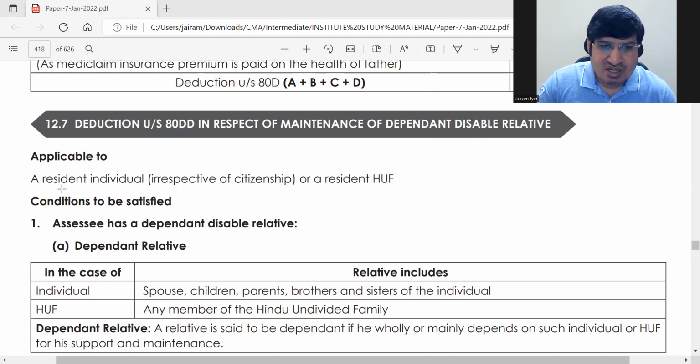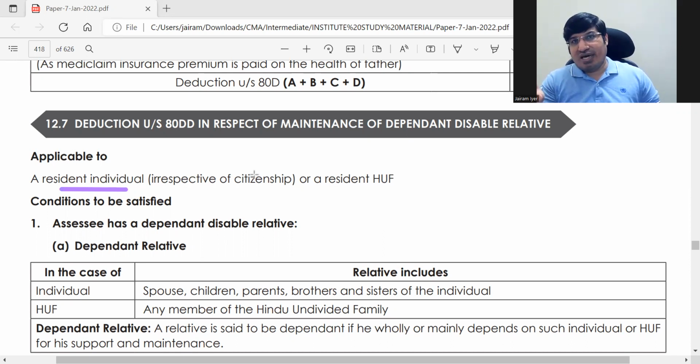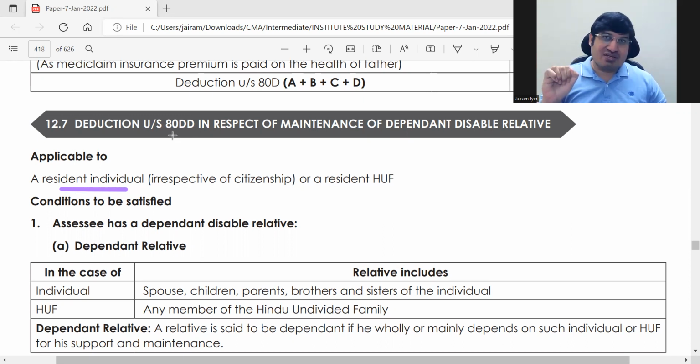यहाँ पे भी क्या है? Applicable to resident individual. See here it is different. There it was, I said any individual. That means resident, non-resident, or citizen, non-citizen, foreign citizen, everything was okay. Any individual or HUF was for 80D, and here HUF नहीं है यहाँ पे, ठीक है, there is no HUF, and remember it is resident individual, so non-resident will not get 80DD. These are the small things which you will have to remember, ठीक है।